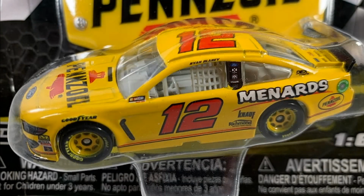It is Ryan Blaney's 2019 Pennzoil Menards Ford Mustang Dawn's throwback for Team Penske. If you guys don't know, this is a throwback to Michael Waltrip's number 30 Pennzoil car that he drove in the early 90s. I can't remember what team it was, but such an eye-catching car, guys. I know a lot of people don't really like the Menards logo on